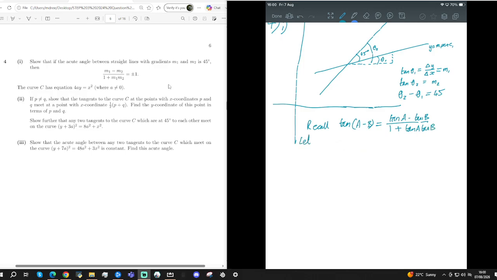Let A be theta 2, B be theta 1. So that's going to mean that tan of theta 2 minus theta 1, which is 45 degrees, equals tan A, which is m2, minus m1,